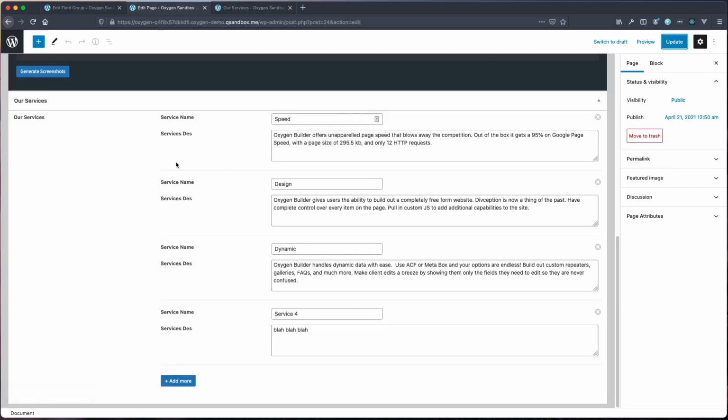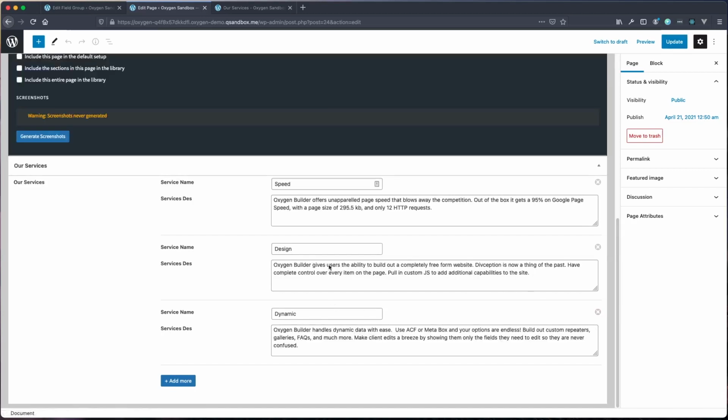So you can see that it was very easy to go in here and add another option without having to go into Oxygen and change any settings at all. So it's very easy for a client to be able to come in and either change out data in these fields, add a new field and or take out a field. So again, now if I come over and click this little X on the right hand side, it takes out my fourth one. I click update,